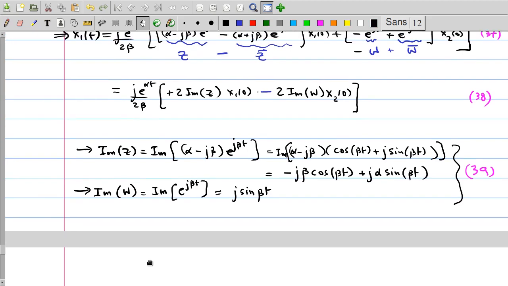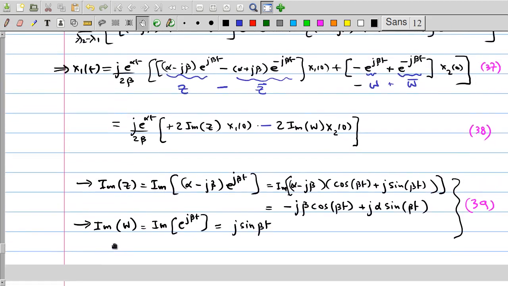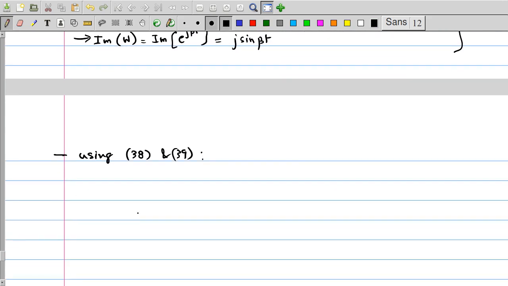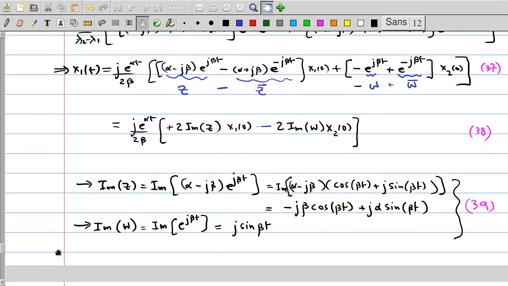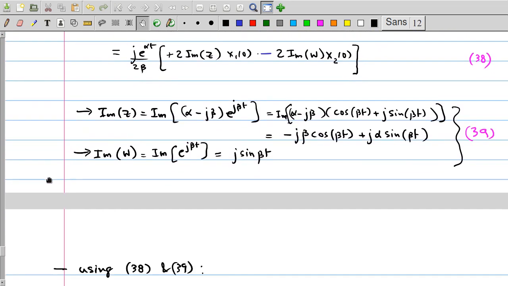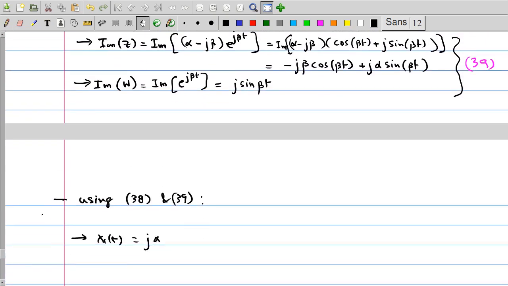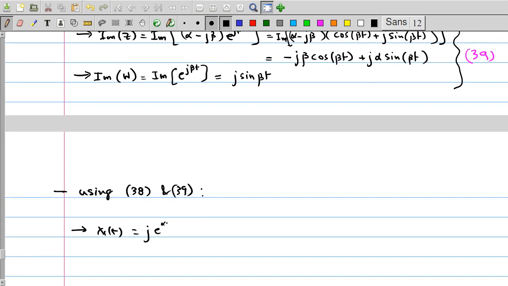So putting x of t using 38 and 39, we have x1 of t equals j e to the power of alpha t over 2 beta times